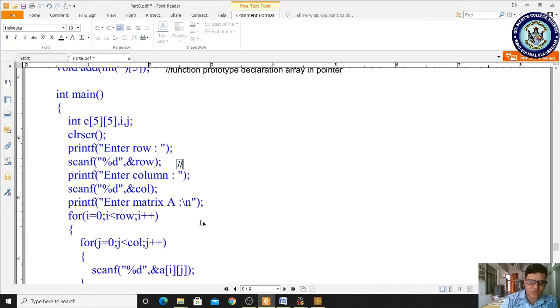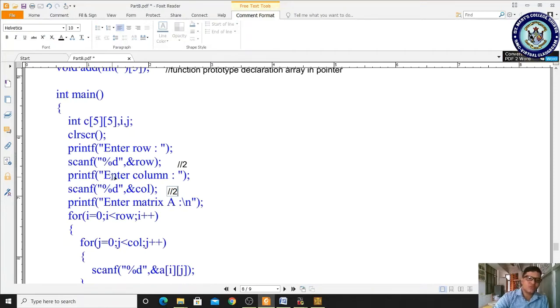So I am specifying it is 2 rows, and once again I am displaying one more output statement, enter the column. It will be displayed as it is, and here also we have to specify columns. So we have to read it from the keyboard and store in the columns. What is the value of the column? It is also 2. So how many rows and how many columns do we have? 2 rows and 2 columns. So in 2 rows and 2 columns, how many values can we store? 4 elements, right? So now it is our time to store 4 elements in matrix A, array A.